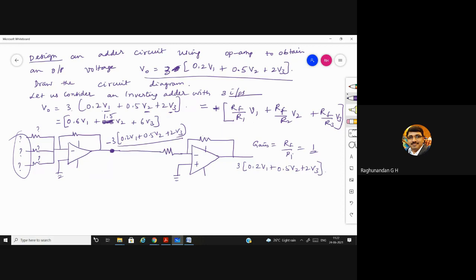Okay, so when you don't know what V1, V2, V3 are, you cannot do it like that. It is just the reverse process of what they are doing. They are giving you the output and they are asking you to find what the resistance values should be in order to get this output. Even we don't know what V1, V2, V3 are. They are not bothered about that. They are bothered about what resistance value you should put in order to get this equation.